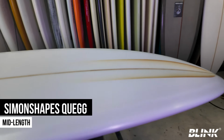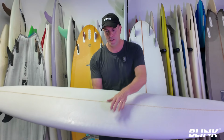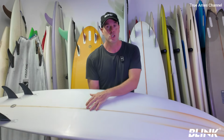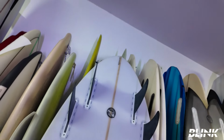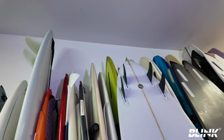It's called a queg, and maybe that's because it is a quick egg. It looks plain, but it is so far from plain, and that's because it's shaped by John Simon, who is a young shaper who I believe is some kind of genius savant, because this thing is unbelievable. It is one of the fastest boards I have in my quiver. I got this in 7.0